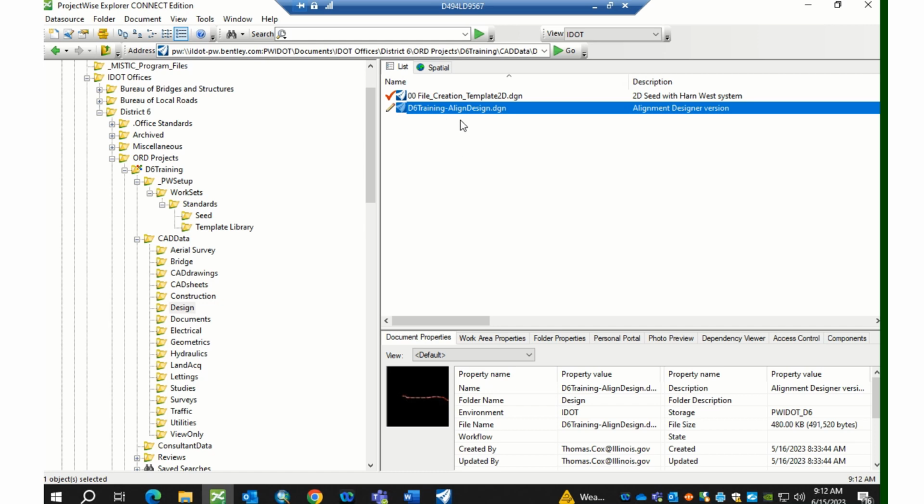And because designers now have their own alignment file, you may have your own topo file, you might even have your own terrain file. So that file is always going to have the word design at the end, so it's clear that it's more of a copy of surveys file. It's in your design folder, and like we talked the last session, what that does for you is it gives you the ability to